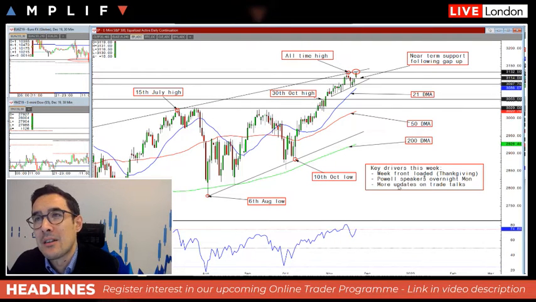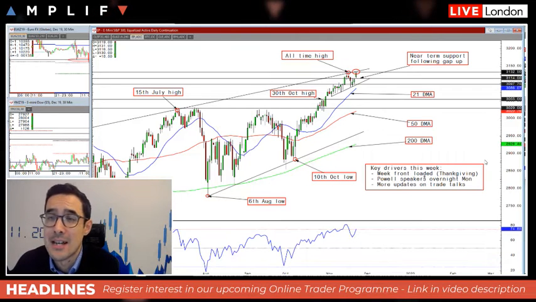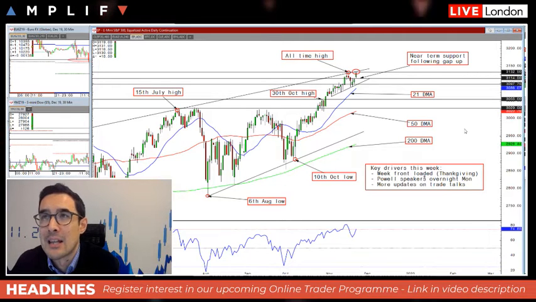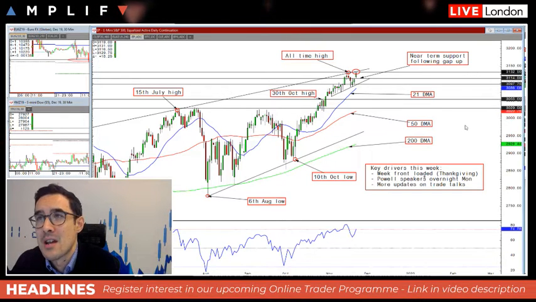But here you can see key things we're looking out for this week. It's going to be a front-loaded week. You've got Thanksgiving on Thursday, so complete US market closure on Thursday and reduced trading hours on Friday, which normally means then that we've got a cluster of US major economic data coming out on Tuesday and Wednesday, so it'll be quite busy, and then particularly quiet in the afternoons for the rest of the sessions.